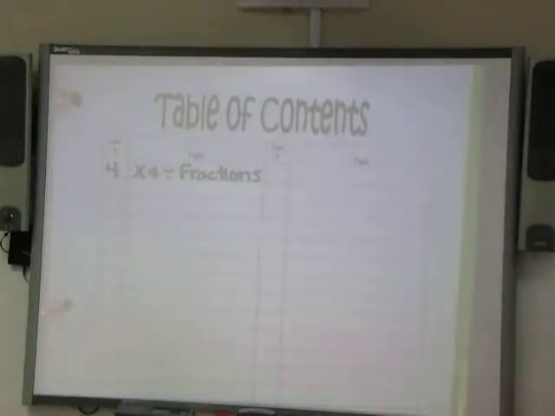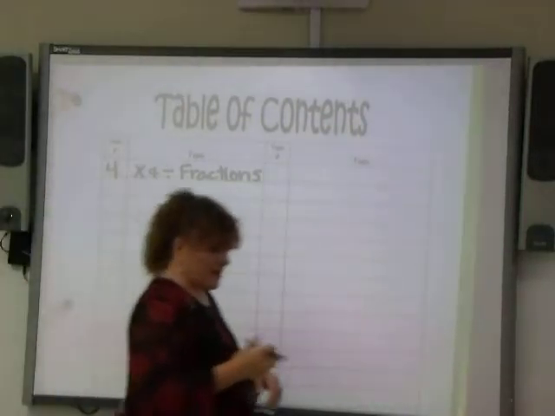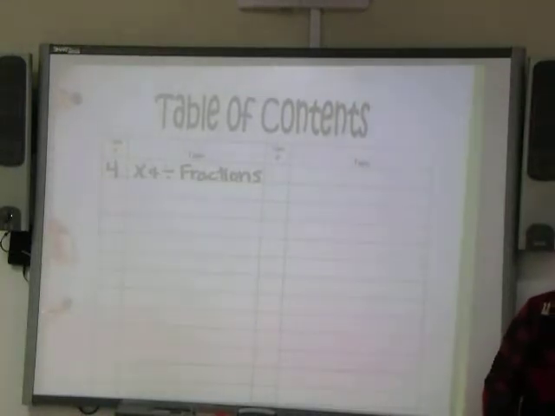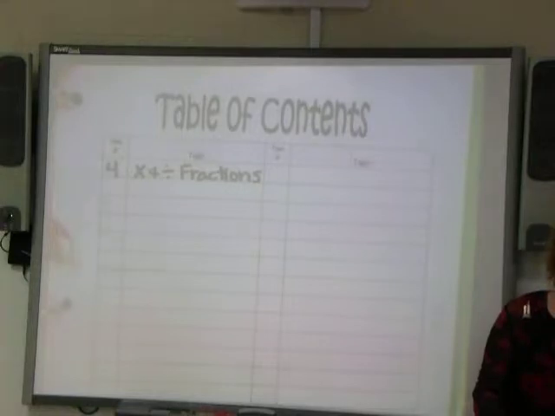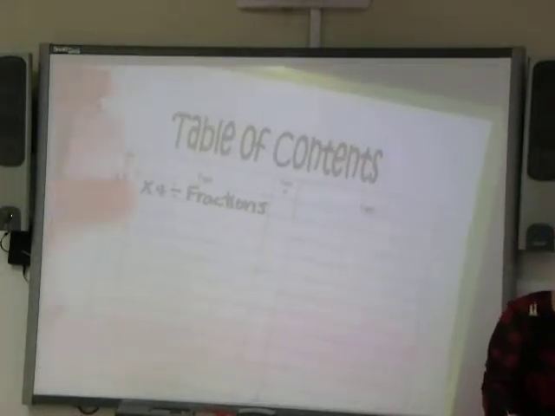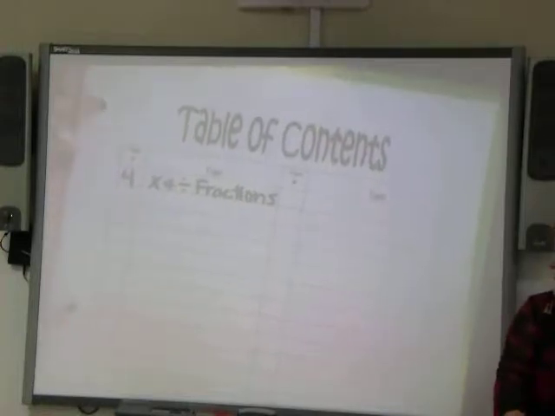That's what we're going to be doing and modeling for you today. So in your table of contents, multiplying and dividing fractions. Because it is a review, I feel like it is okay that we do both of them on the same day. Because it's only something that you have to tweak in the division, and you're doing then again the same thing as your multiplication. So, when we start Cornell Notes,